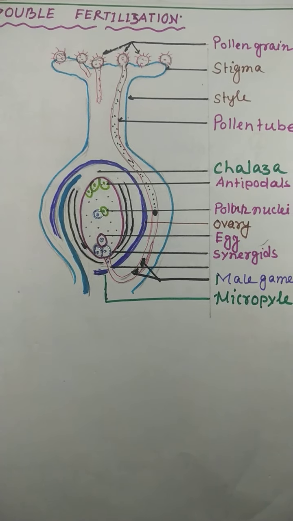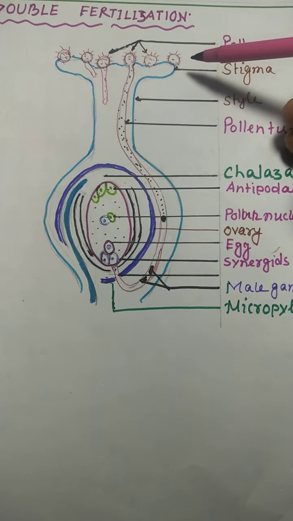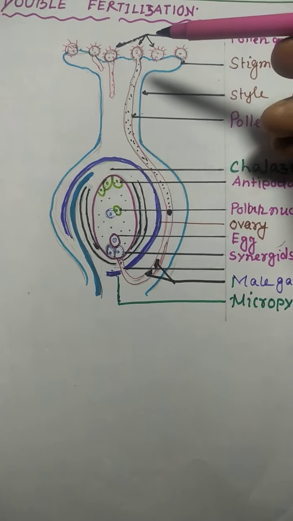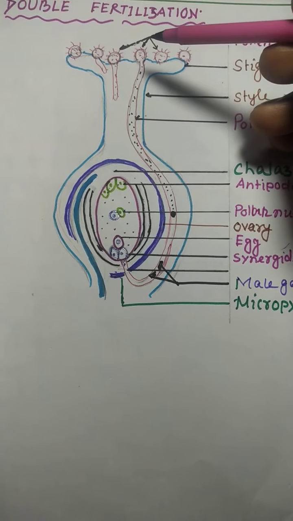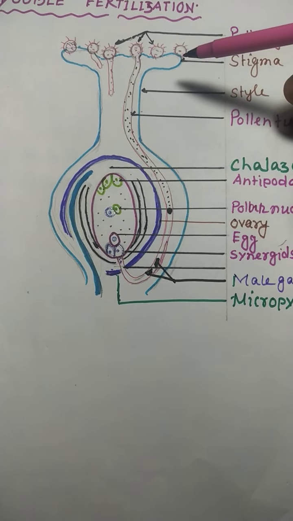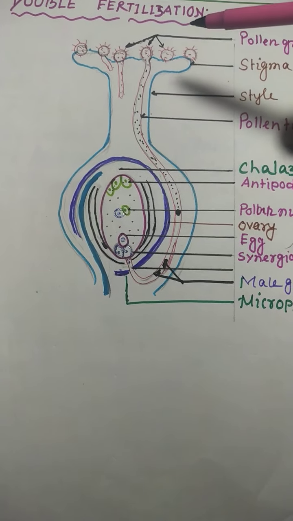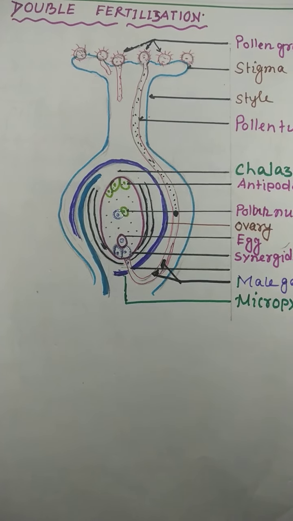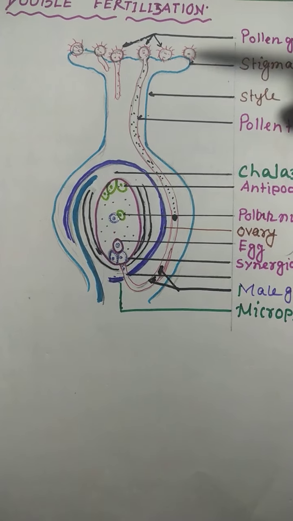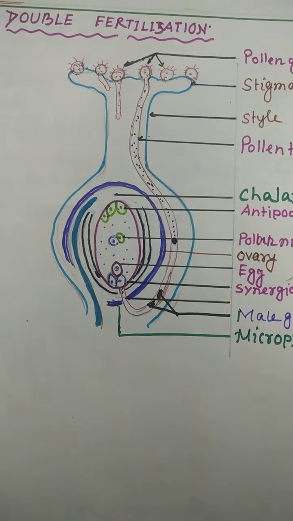This means the stigma recognizes the compatible nature of the pollen grain, whether it comes from the same species or a different one. The stigma secretes certain chemicals, and after successful pollen-pistil interaction,